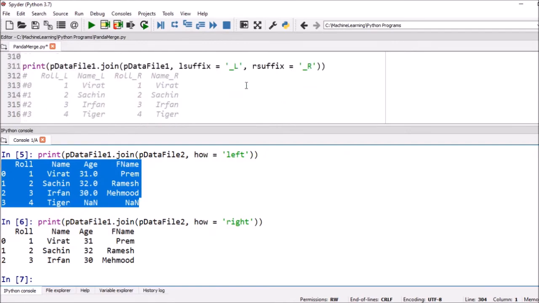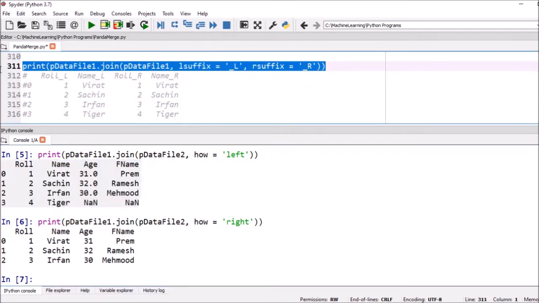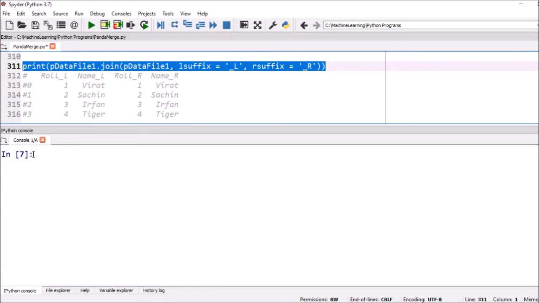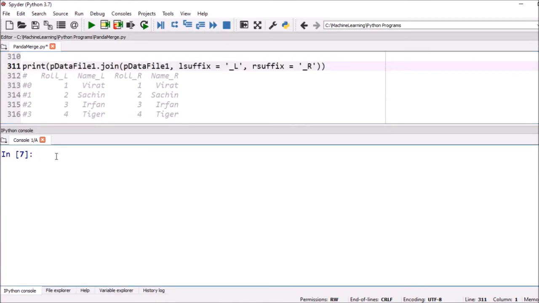Now suppose we merge these two tables where the column names are the same, say data file 1 join data file 1. In that case, from both the data frames, column names are the same.